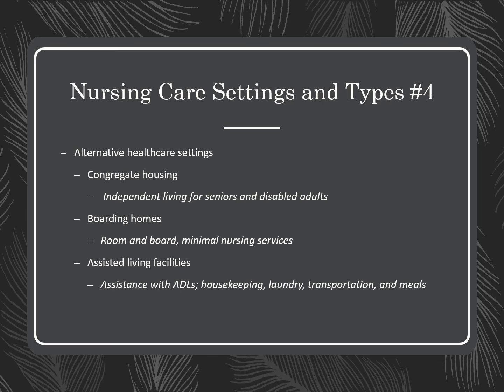The boarding homes usually are small homes with individual rooms where the residents will pay for the room and board and will receive minimal nursing services. In some cases, the residents may share the rooms. Usually, those kinds of boarding homes will have a common dining area for all meals. The boarding homes will oversee employment for disabled adults and provide a stable environment for those that cannot live independently. In this type of setting, the residents will receive the needed supervision, but may relinquish some independence and privacy along the way.